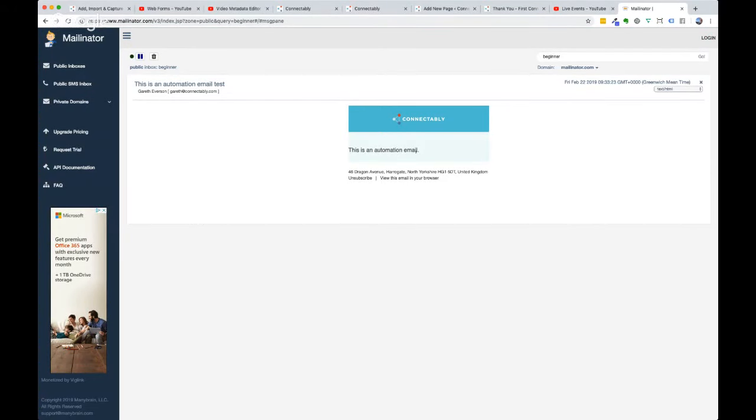So we've covered setting up a simple web form. We've covered embedding a web form on your website. We've covered some segmentation options for doing a little bit more with your web form. We've triggered an automation from the response. That's our 4 things that we wanted to cover on today's